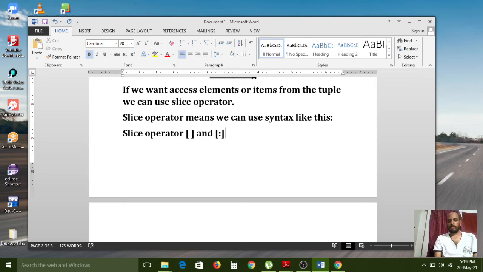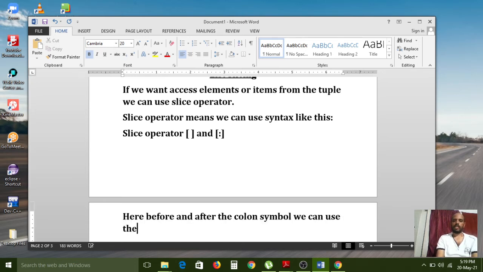So here, before and after the colon symbol, we can use the tuple index numbers to access items.